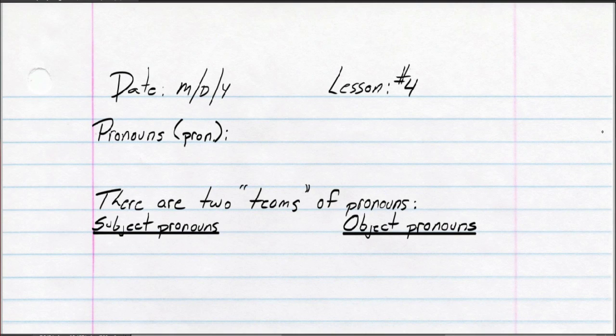Okay, here we are. Let's begin the notes like we begin every time. At the top of the page, I want you to put the word date, a colon, and then today's date. Leave a space, followed by the word lesson, colon, and this is lesson number 4. Once again, you do not need to have a fresh sheet of paper. In order to do this, you could just use the date and the lesson number as a heading to carry on. Underneath that, I'd like you to skip a line